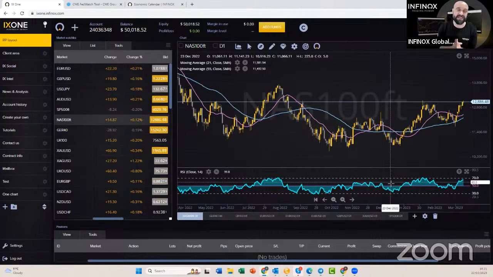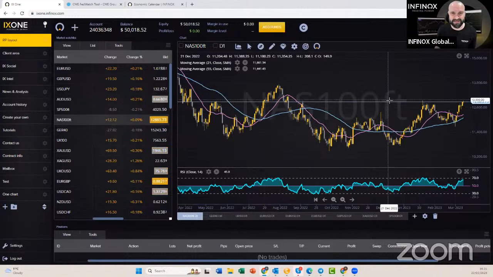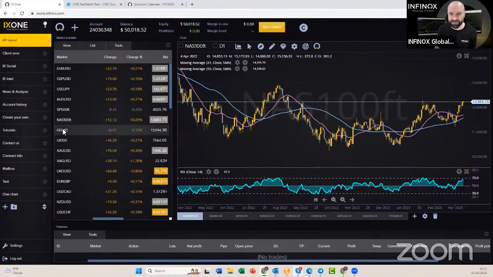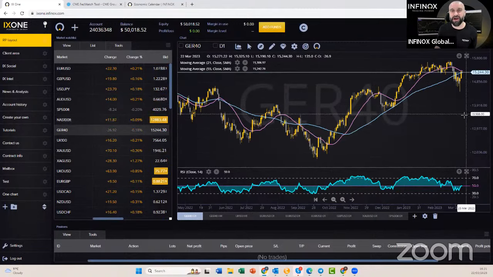Now, tech stocks obviously are driving higher because of lower rates. Lower rates are a better environment for growth stocks. And that is why the tech-heavy NASDAQ is leading the market higher for the States. So that's important. The other one, just before I go, just a couple of minutes, the other one I wanted to